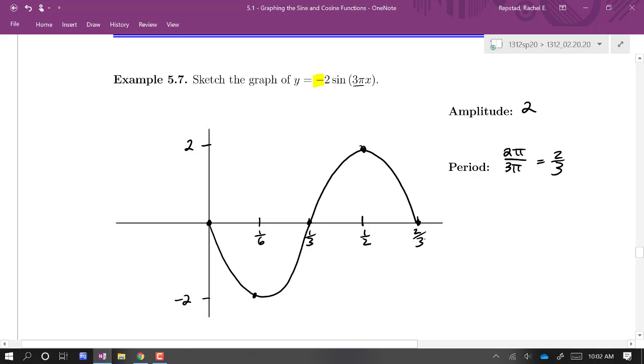When you graph a sine function on the calculator, sometimes people like to use the calculator to see if they got it right. And it can be hard to tell sometimes. First of all, you have to have your calculator in radian mode. That's going to make a huge difference. But second, if I were trying to figure out if what I did was right, I'd want to make sure I set my window settings to reflect the information that I marked at the top and the bottom, and then see if it looks the same. So if I were to check this on the calculator,